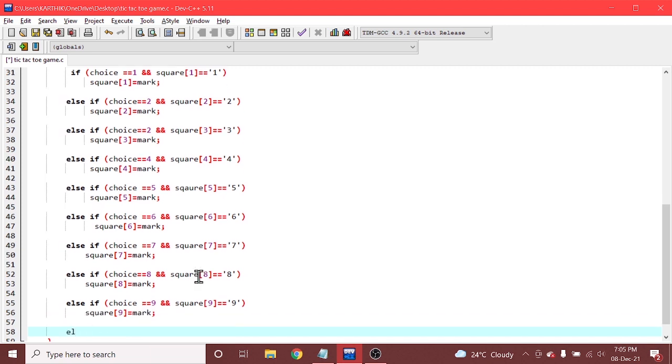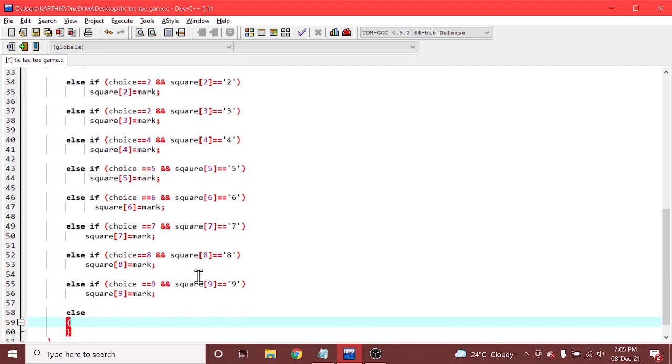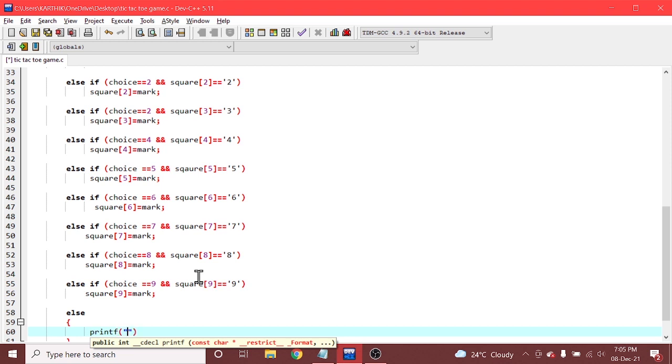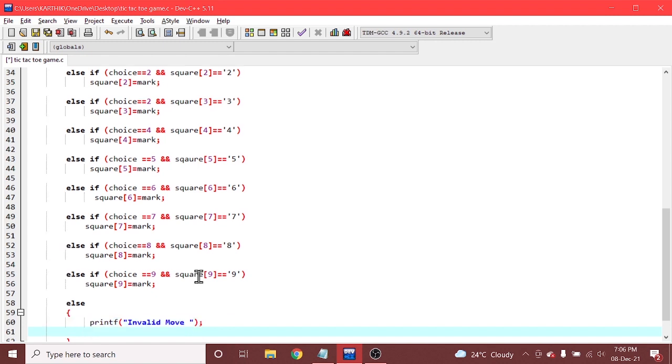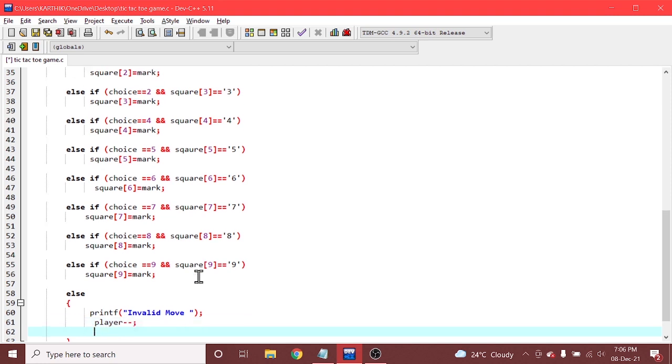And finally we are writing an else case. Let us write in a block, simply saying printf as invalid move. Okay, if none of those if else if conditions are satisfied, we are telling in the else case, invalid move. And what we are doing is decrementing the player value.